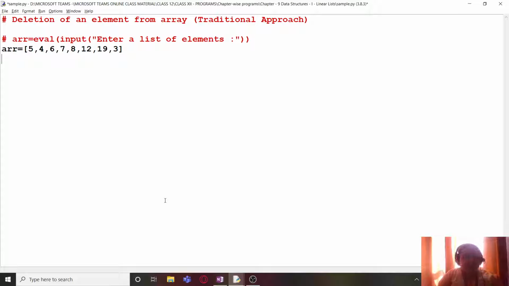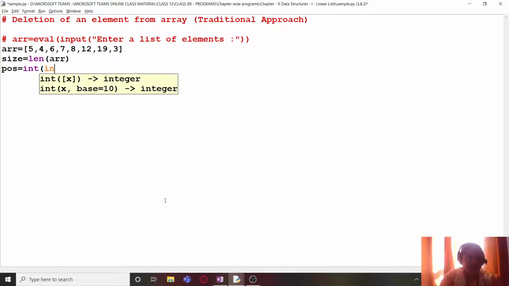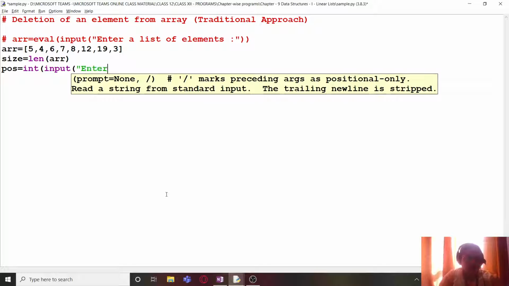And this is my dummy array which I am taking only for the purposes of checking the authenticity of the code. Now I want size. So size equals len ARR, and I will be asking for the position of the element which is to be deleted also. So enter the position of element to be deleted.